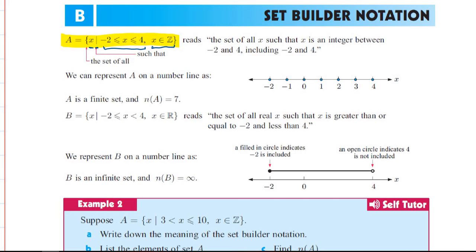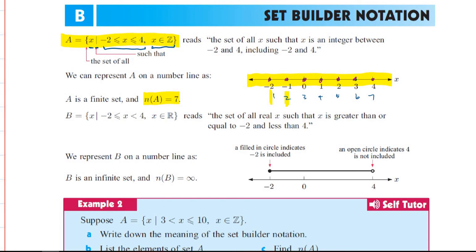decimals. If we wanted to list all of those values on a number line, we could, because it's a finite set, and it would just be the whole numbers between -2 and 4 inclusive. So that's how they put a dot at -2, -1, 0, 1, 2, 3, 4. If we wanted to know how many elements are in that set, we would just count those values and recall this notation. So the number of things in set A is equal to 7 because there were 1, 2, 3, 4, 5, 6, 7